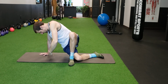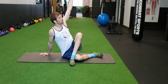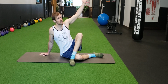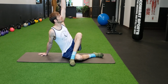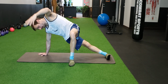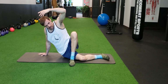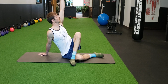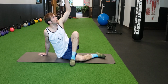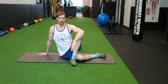Lifting the hip up and maybe lifting the knee up, getting more rotation distributed through the body, less focused in the waist and the core. And then another option, which I like, is to completely straighten the leg, like side plank, and reach through. And that's a much different stretch, right? And then coming down and up. Here, down, and up. So there are 3 options I encourage you to play around with